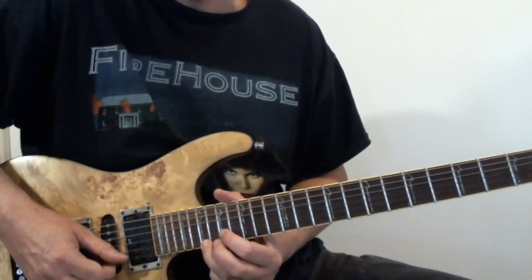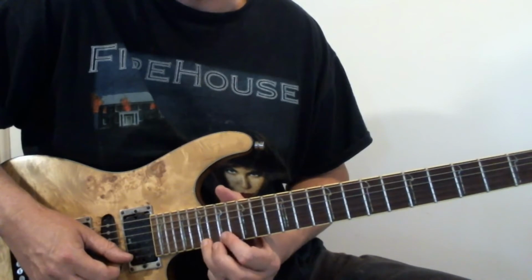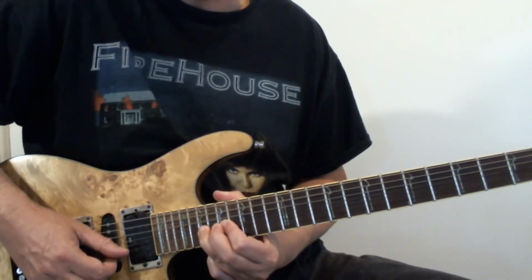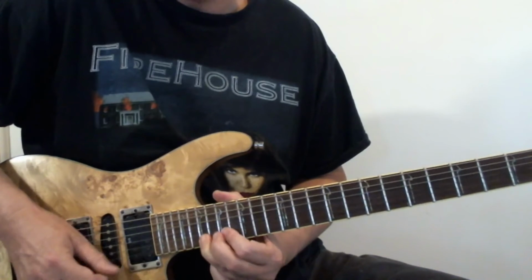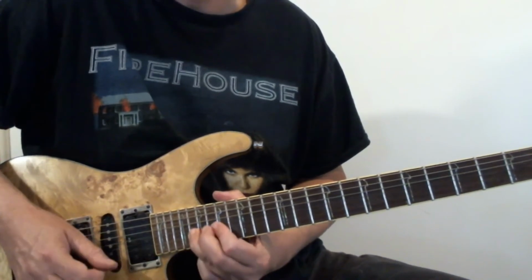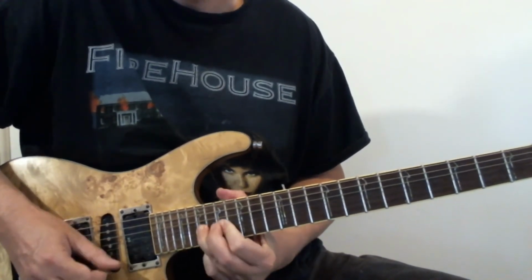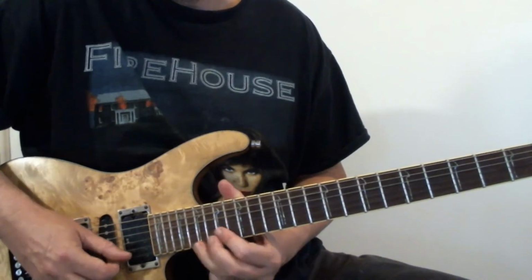with a 19 bend, so there's bend and release, pull off, then bend again 19, and keep it at the height of the bend, stroke again and release and pull off to 17, and then 20 bend. That last bit would be again